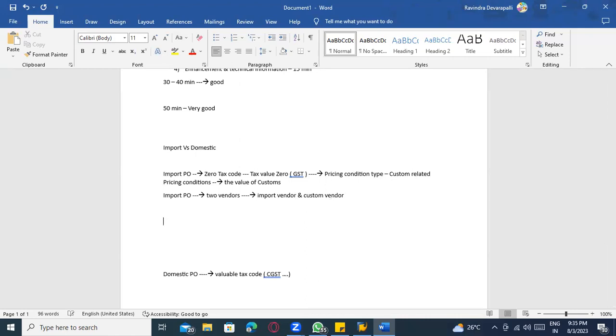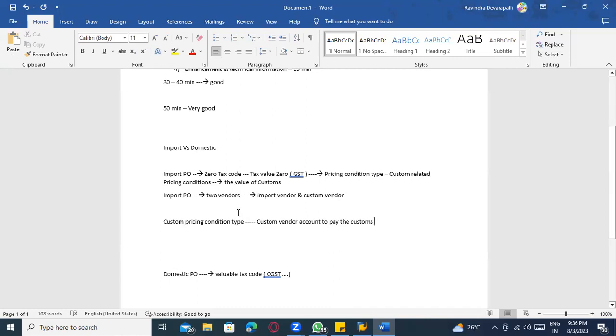So these customs condition types, pricing conditions. Okay, what pricing condition types are there? You will be maintaining this customs vendor account to pay the customs.